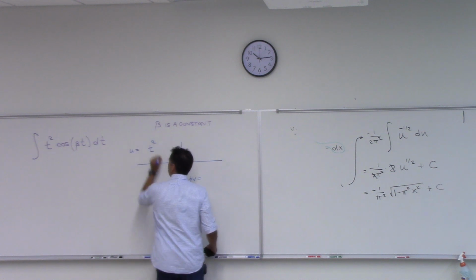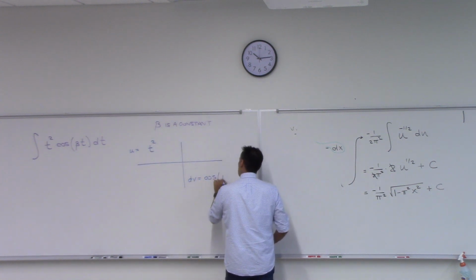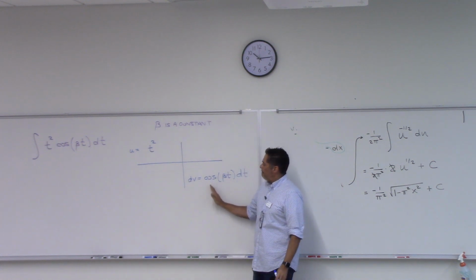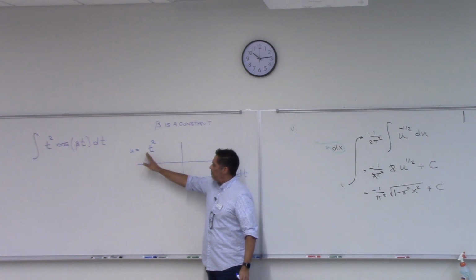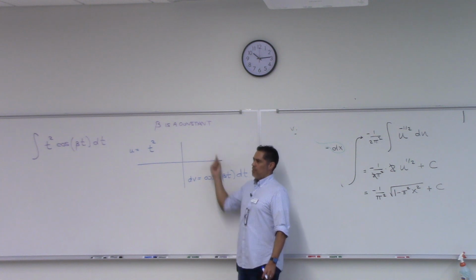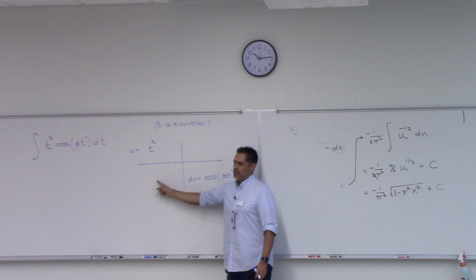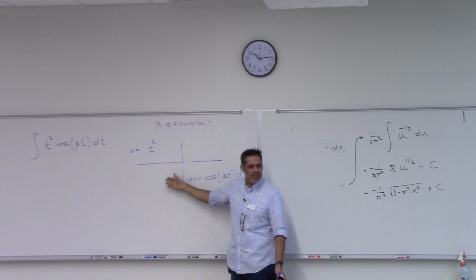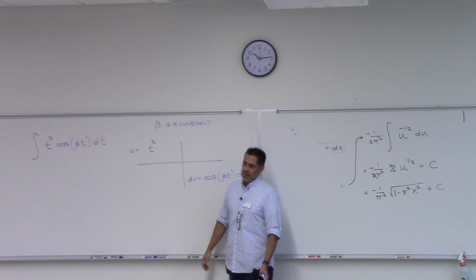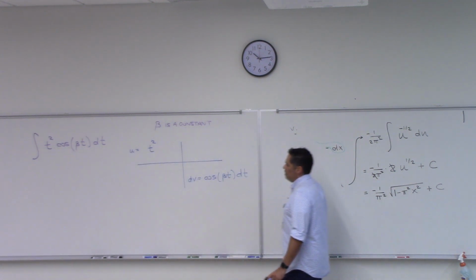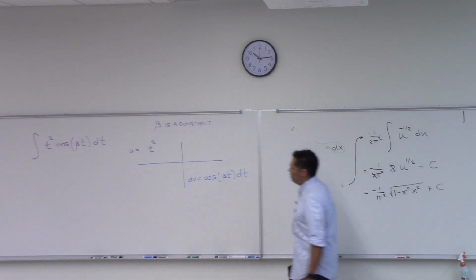Why not the other way? I didn't talk about that, but why not put the t squared here, and then put the cosine beta t here? Well, if we put t squared here, what's this? 1/3 t cubed. And then this is going to have a t cubed and a sine or cosine in there? That's actually worse than what we started with, right? Because we started with a t squared. So let's just go with this. So this is, fill out the